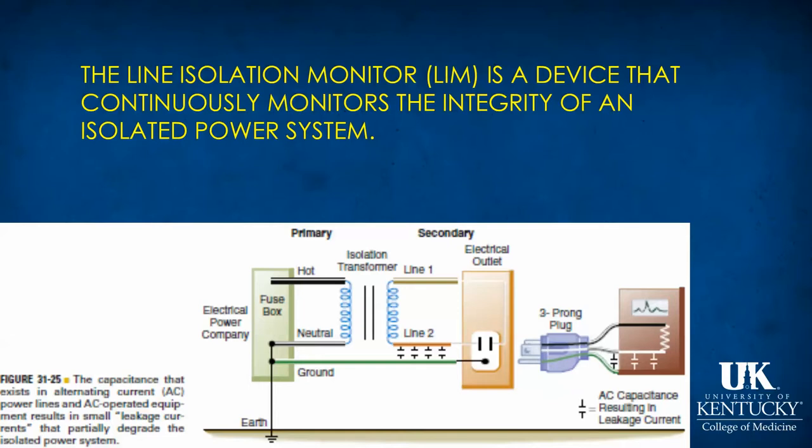This cartoon brings into relevance the leakage currents or stray impedance that may affect line isolation monitoring, and this area here on the slide shows AC capacitance resulting in leakage current,